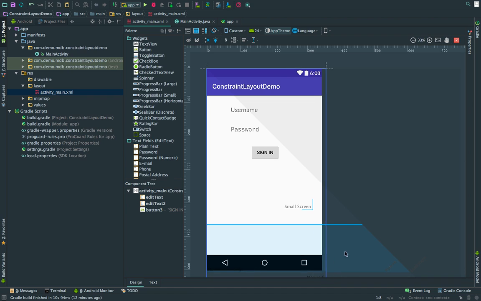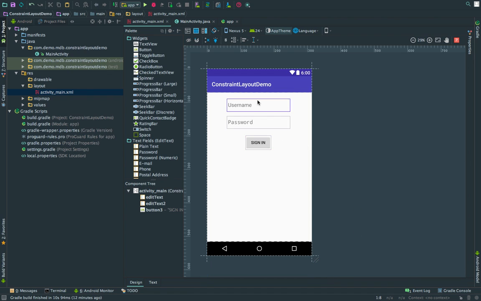So here we go. The thing is, we want these to be centered in all possible layouts, and that's essentially what a constraint layout lets you do. Because now when we actually center it using constraints, well, first of all, by doing this, we're essentially creating constraints such that these views are always in the middle